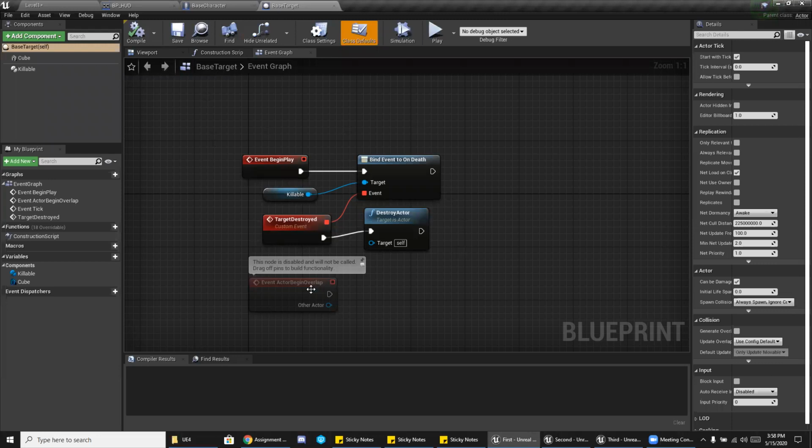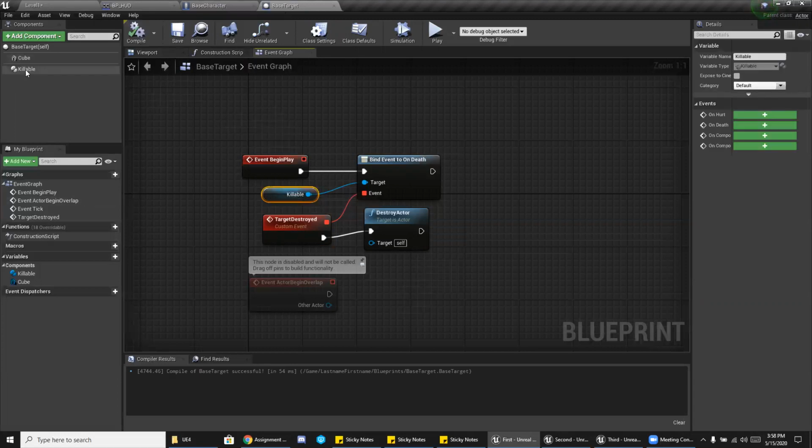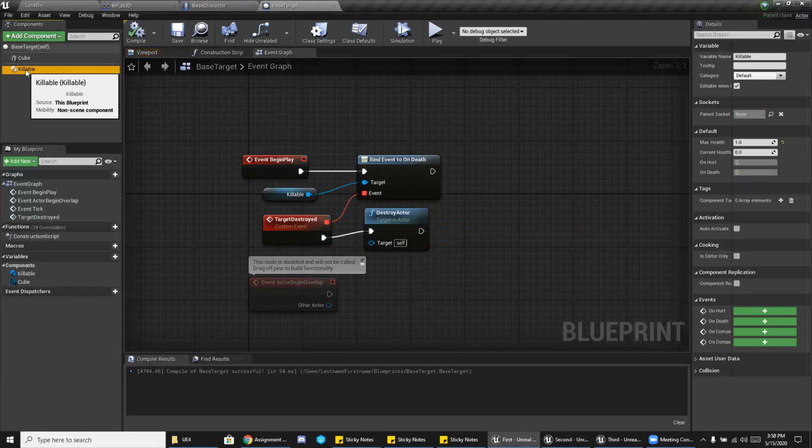And that's really simple. This is the entire script right here. All it's doing is saying we added killable, so it does track its health and says what happens when the target gets destroyed. Well, it's going to destroy the actor. So it's almost like the other base character. When we hit it 5 times, it dies, but it's not really destroying him. This one is actually destroying targets. Yeah, this was mostly just showing that killable component